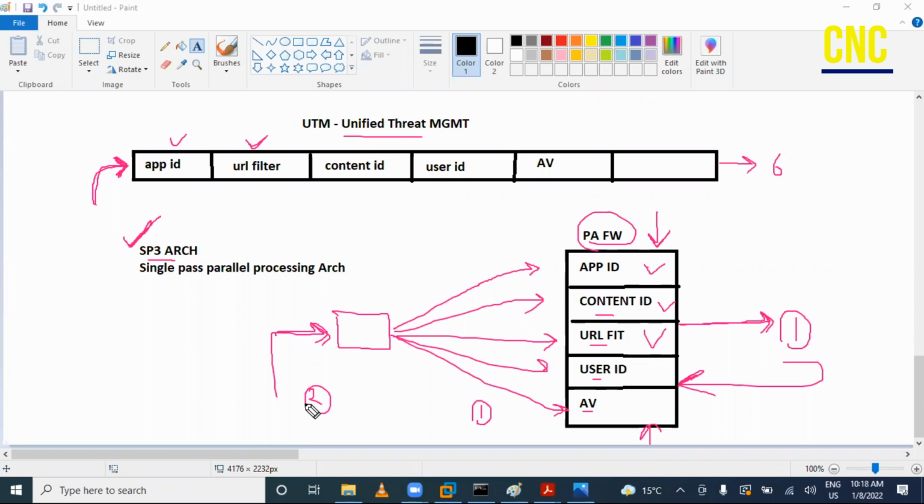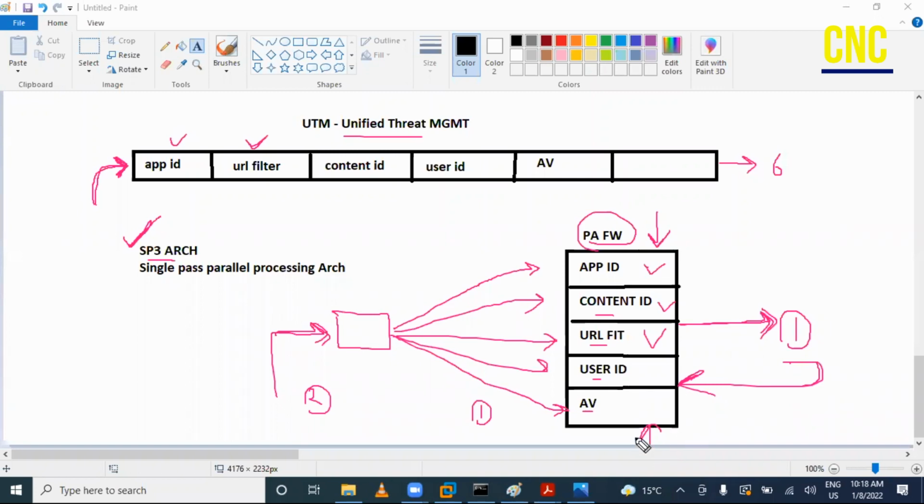The traffic initiated from my system, hitting the Palo Alto firewall. All the security engines will act on that request, and it will check that the user is trying to access facebook.com. It took 1 second to filter the traffic and allowed it. Then the return request comes from the Facebook server, the requested page which I tried to log in to,